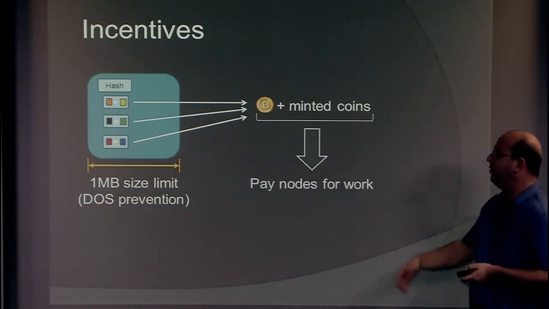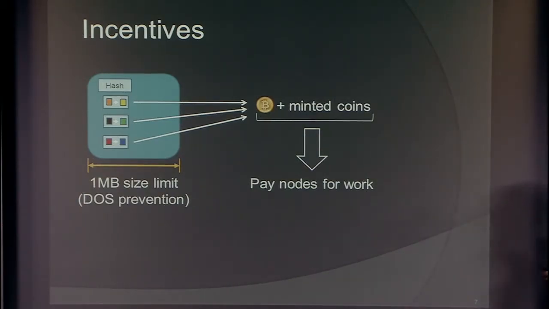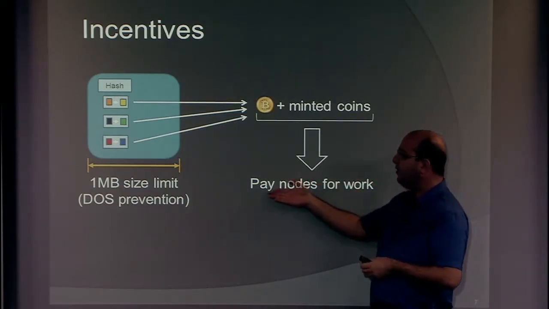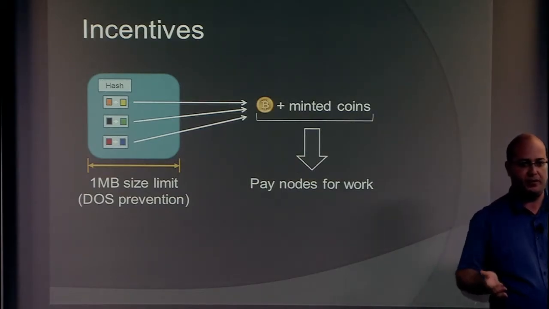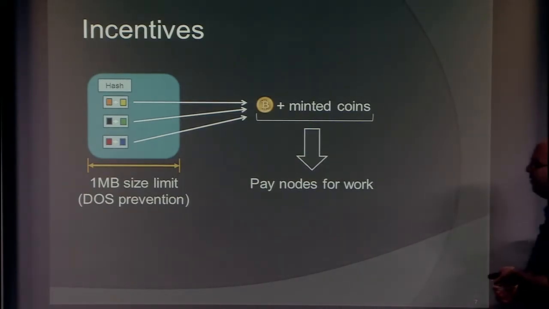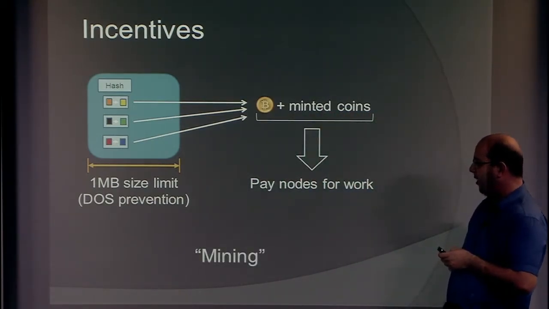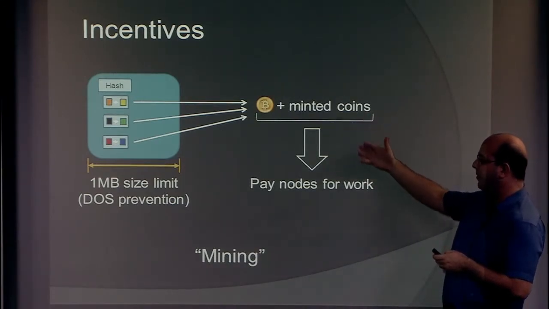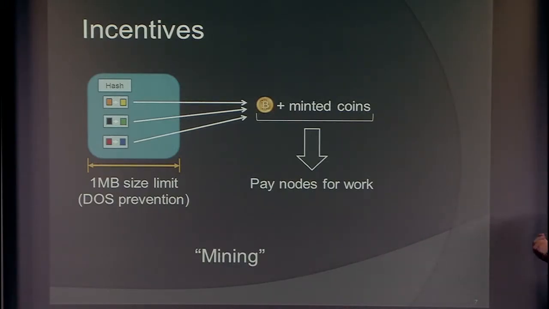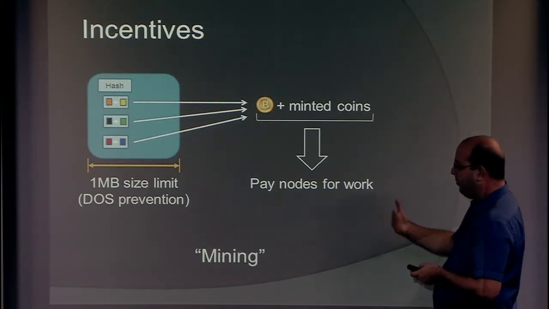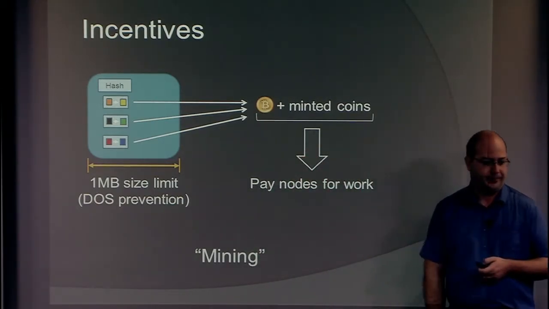And to that, we're going to add money that we're creating out of thin air. This is the way that money is created in Bitcoin. And this is going to go directly to the person, or right to the node who built this block. So here's your reward for building blocks in the system. So basically, every time you solve this very hard computational problem, you get a little bit of Bitcoins. And this is why this process has been named mining. You work really, really hard, and you mine a little bit of gold, or digital gold in some sense. So people often refer to this as mining, and to the nodes who work at it as miners.